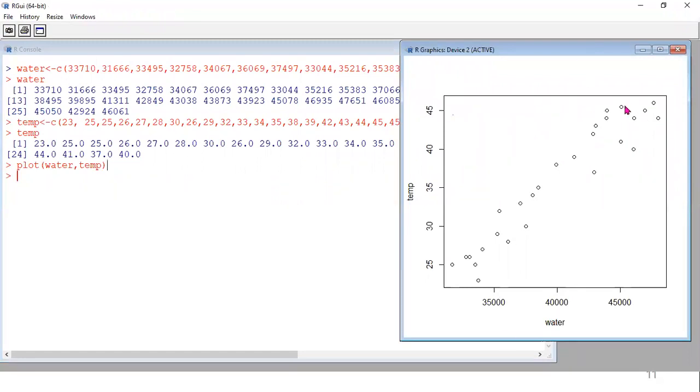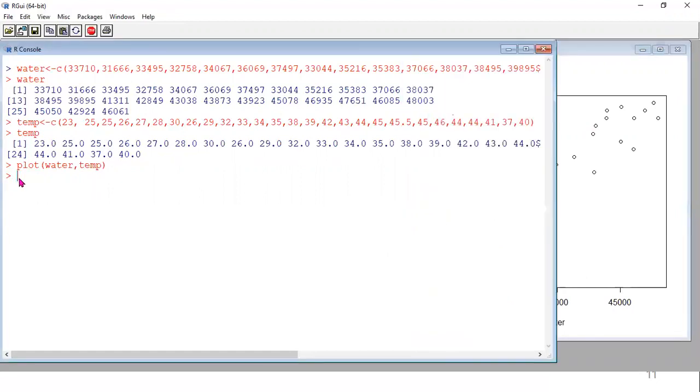Now you can see, by default, this is the scatter plot which shows dots, the circles. Here you can see x-axis contains water, y-axis contains temperature. The water ranges, values are displayed, then the temperature ranges, values are displayed.